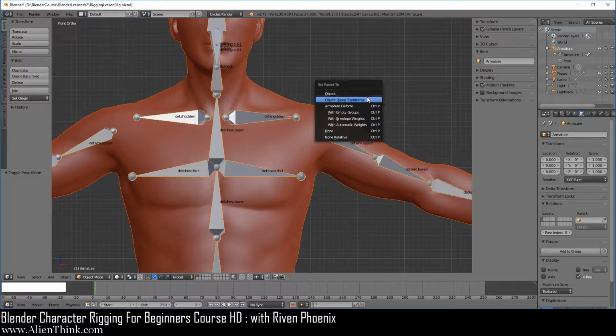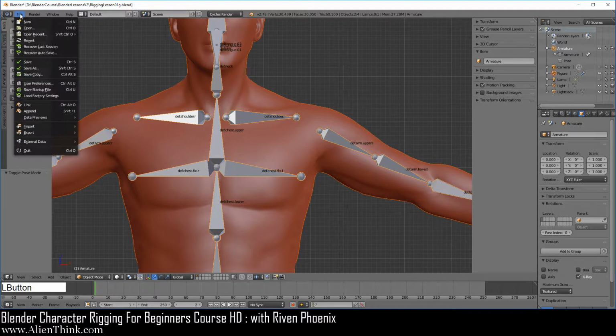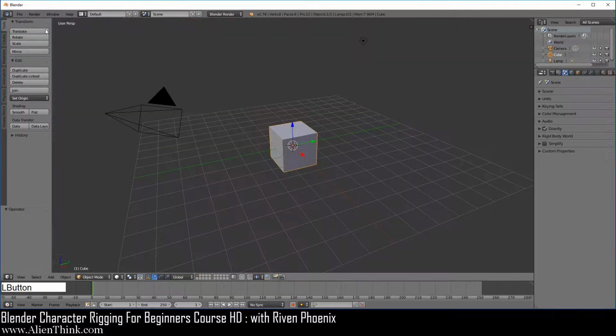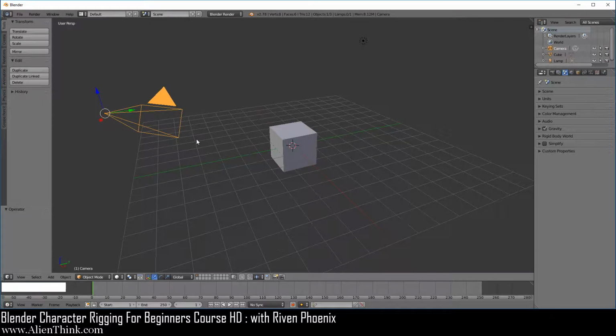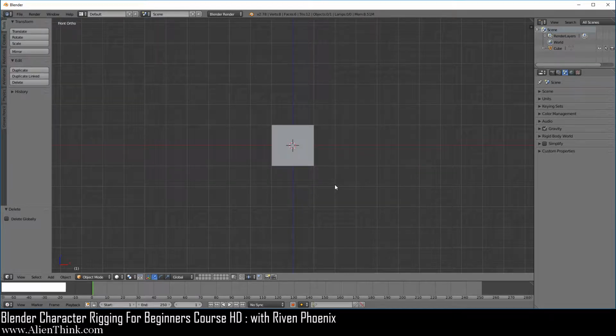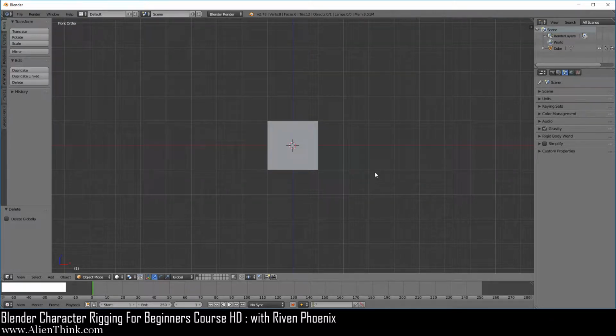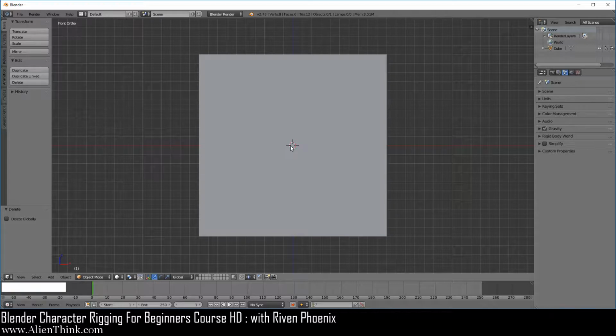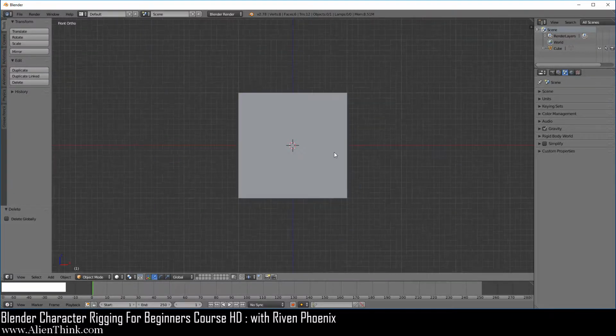Okay? Now, in order to understand these two options, we're going to have to do this in a new file. It's difficult to understand it using this figure over here. Go under File, do New, and just do Reload Startup File. Click on this camera, press the Shift key down, click on the light, and just delete. Press the 1 key to go to the front view and press the 5 key to go to ortho view. Just zoom in a bit and then do Shift C to make sure that the 3D cursor is in the center of the 3D grid and just zoom out.